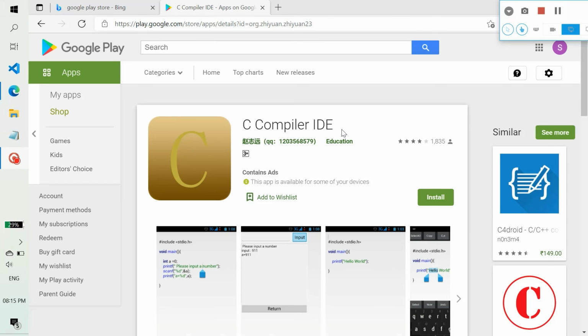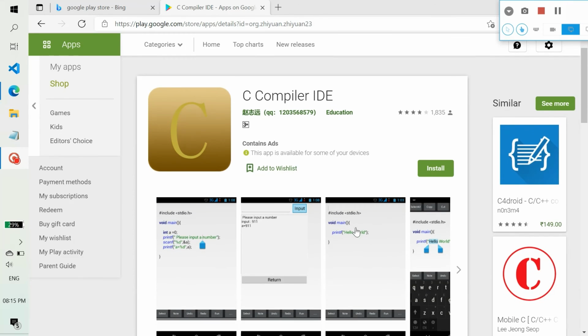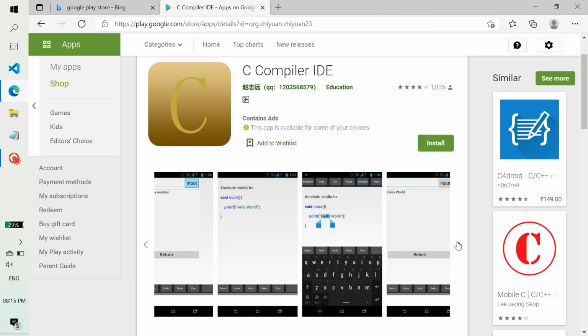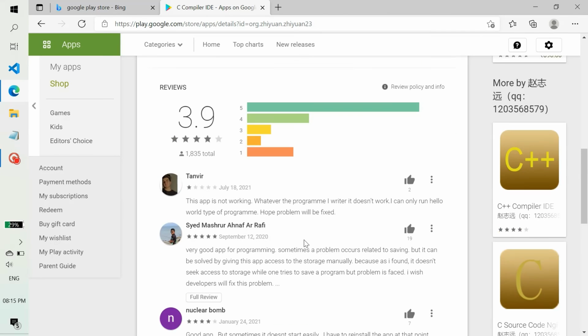The name of this app is C Compiler IDE. The name itself suggests this is a compiler for C only. This is also a great app. The UI is simple, and reviews are also good.